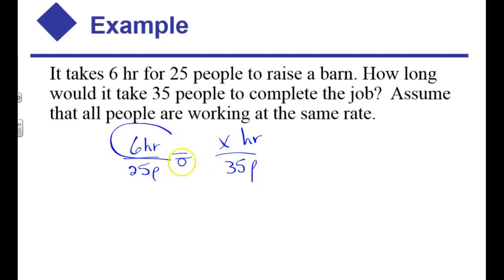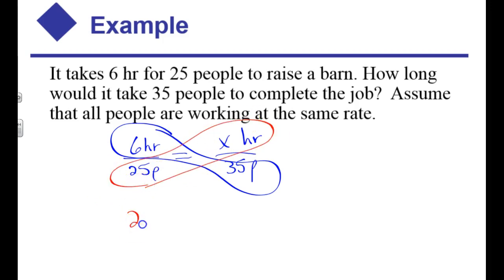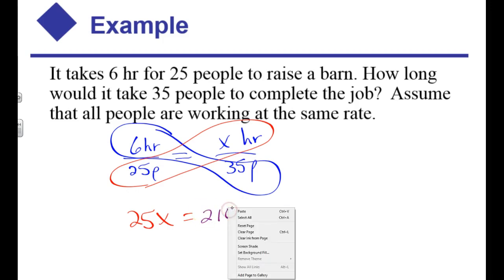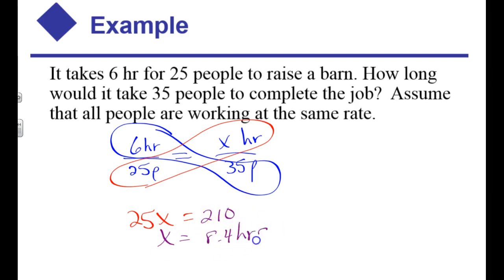If you were to do this cross multiplying, this diagonal right here in red would give you 25x equals 6 times 35, 210, and then x equaling 8.4 hours